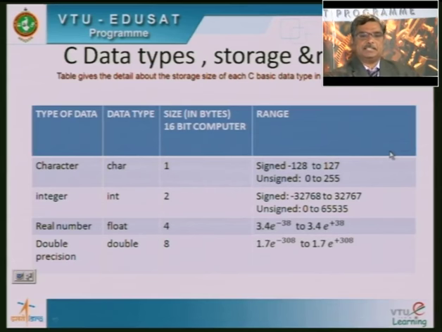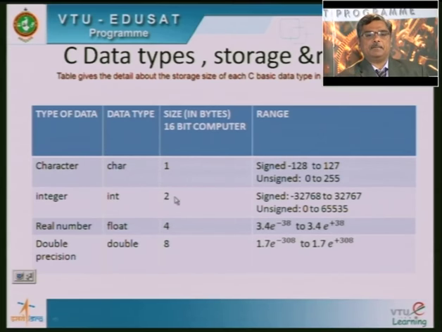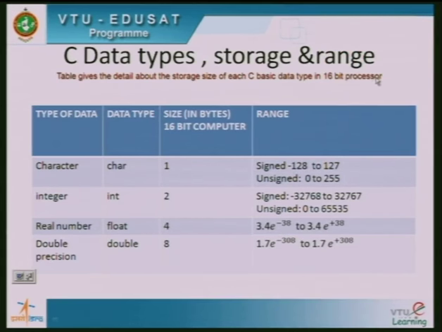I observed an interesting statement in the last program, that is int a. This data type has a minimum number and a maximum number that the variable can take. That is what we usually call the storage representation and the range of these values. It depends on the machine. If a machine is a 16-bit machine, the range is different from 32-bit. Let us understand with the table that gives the details about the storage size of each basic data type in a 16-bit processor. Each CPU has its own